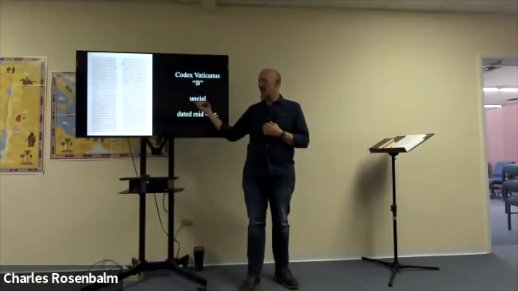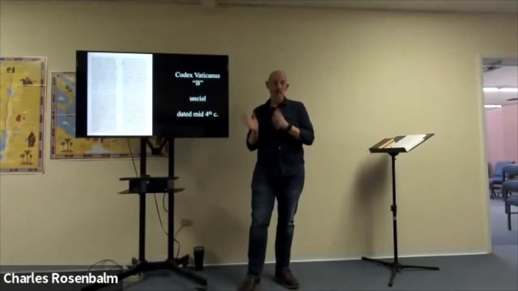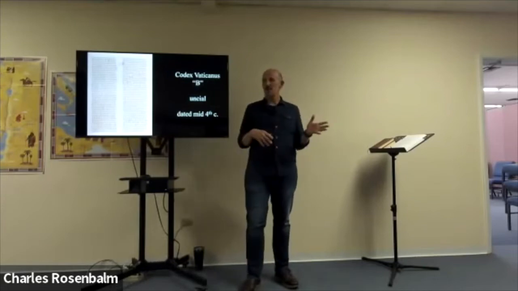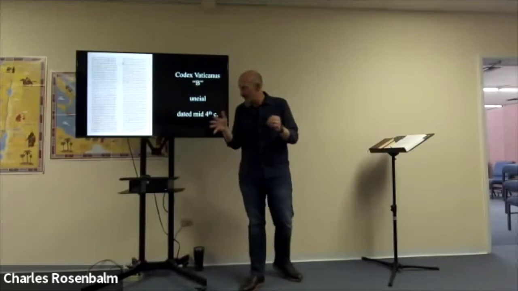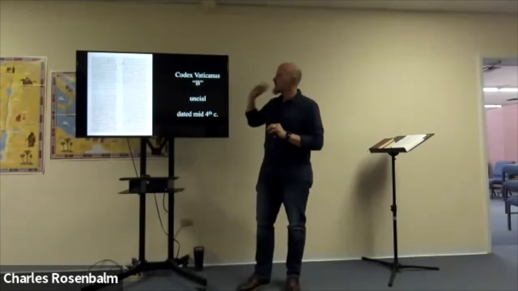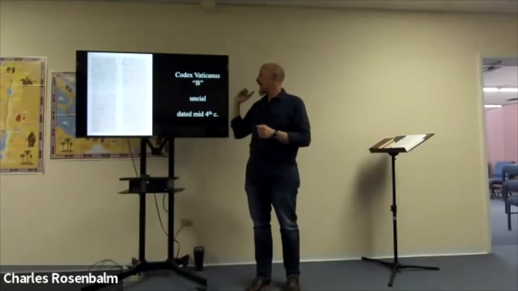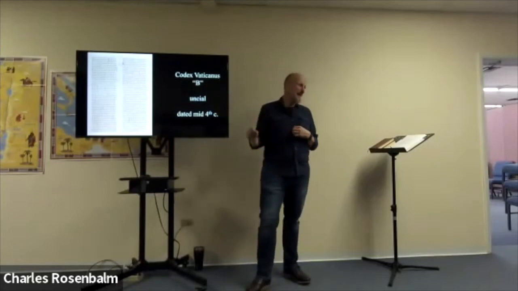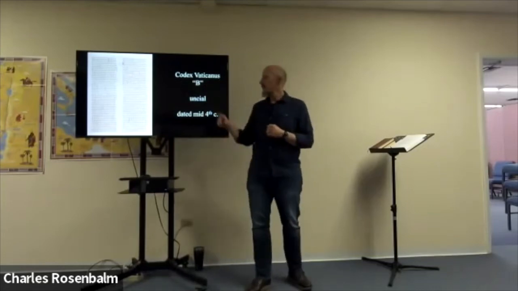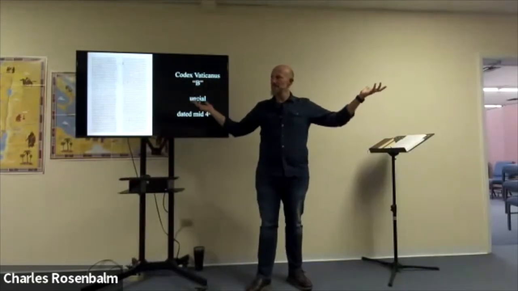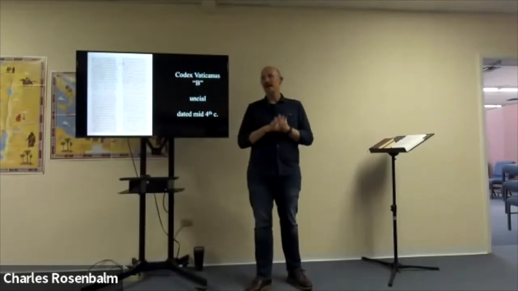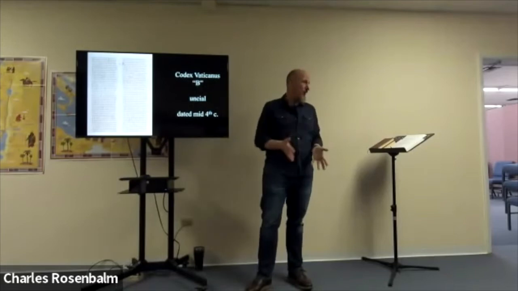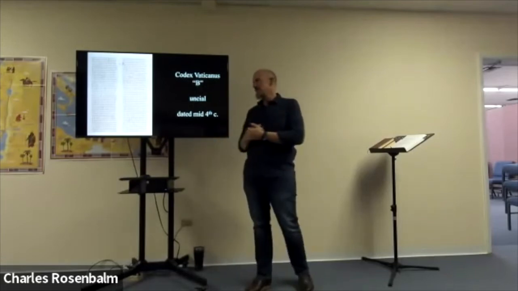So uncials are a category of manuscript that came after the papyri. They're about the 5th century to the 9th or 10th century AD, where we see a lot of them. We have a lot of them. 2 very important ones are Codex Vaticanus and Codex Sinaiticus. Codex Vaticanus is named that because, can you guess where it's kept right now? In the Vatican. That's where it's stored. Codex Sinaiticus was called that because it was found at the base of Mount Sinai.